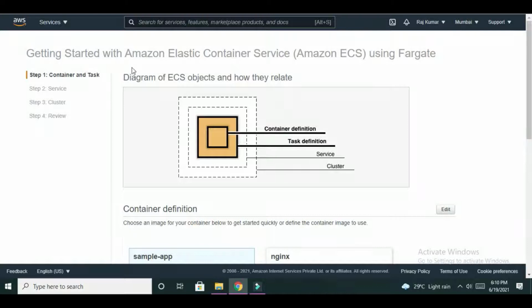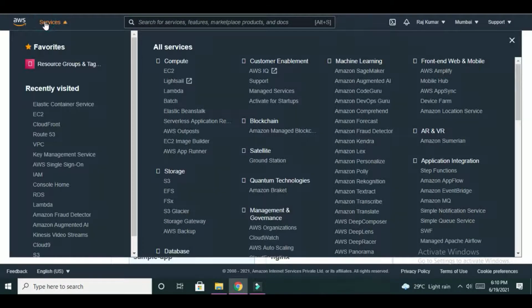So let us go to the AWS Lambda service. So go to services, compute service, click on Lambda. So it will show the dashboard of Lambda.